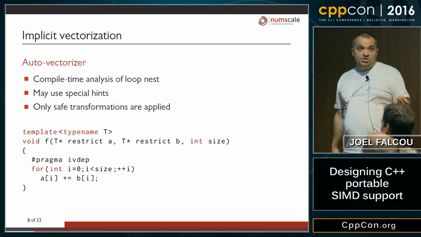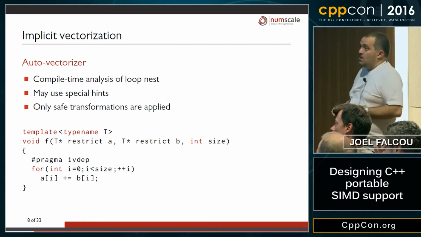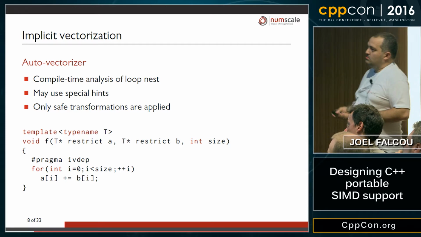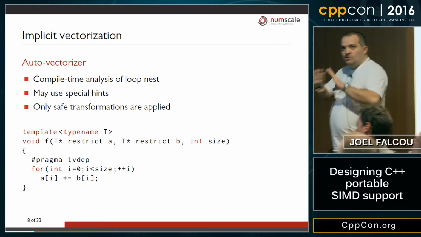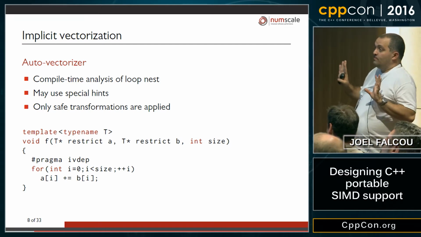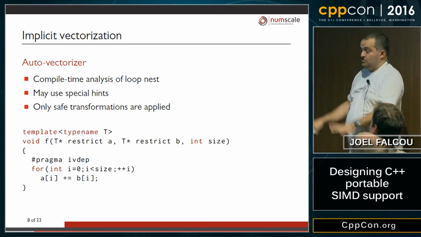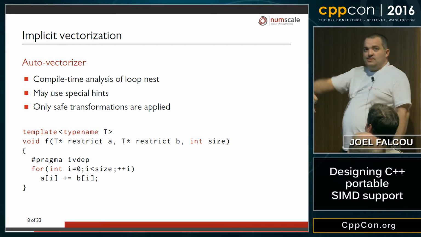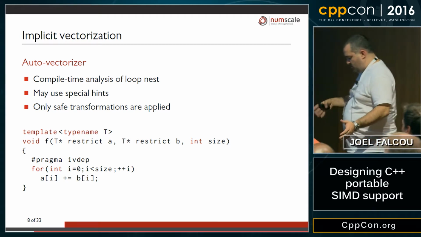So if it decides that the transformation is not safe in terms of results or other constraints, it won't do anything. So you have this restrict keyword, which is a way to tell the compiler that you put your right hand up and you swear that this pointer A and this pointer B don't alias. So they have no overlapping zone of data between A and B. So the compiler is free to optimize as much as it can the memory accesses to these pointers. And this pragma is an ivdep-specific pragma. I would say there are dependencies there, which are actually regular dependencies in a vectorizable loop,